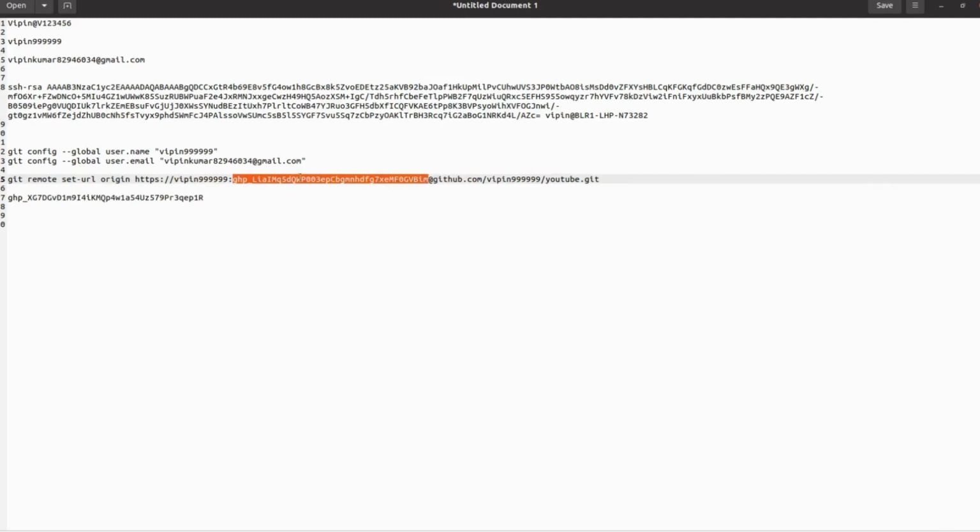I will be deleting this token so no one can use it. I created it just for test purposes, to show how we can authenticate. Let me change this one.